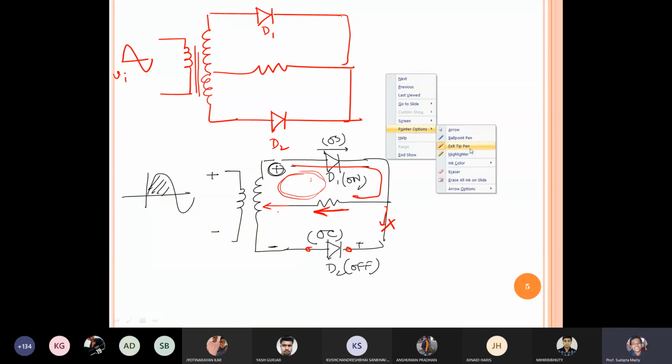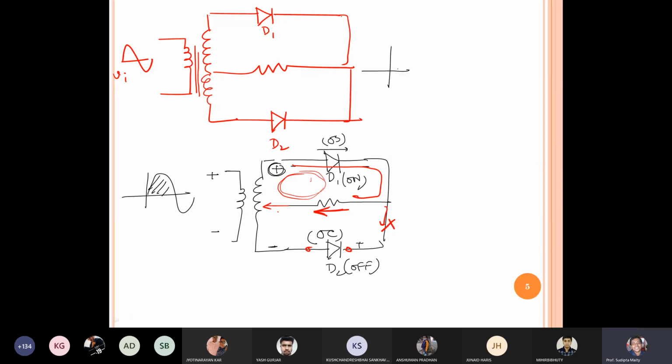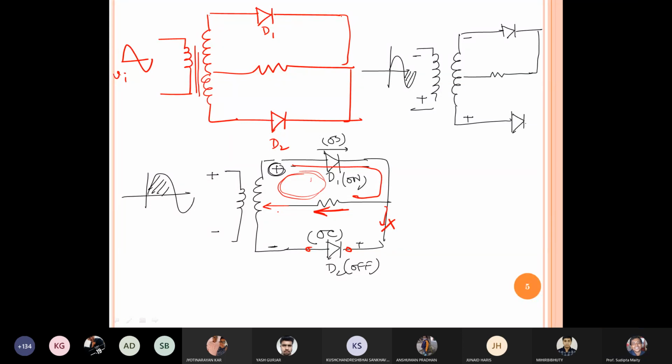So now let's talk about the negative half cycle. In case of my negative half cycle, this is my input. So it is negative, so it is positive. Then it is my circuit terminology. Now you assume approximate analysis. It is my negative terminal. So this negative terminal can come over here because of the connection with this one. Agree? So this diode D2 is in on condition. So it will be a short circuit. So current will flow in this direction.